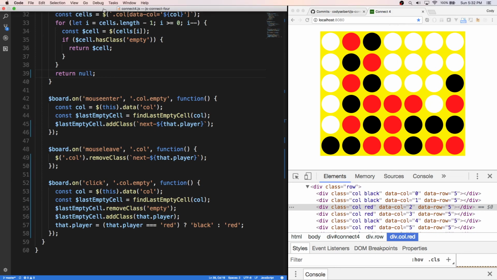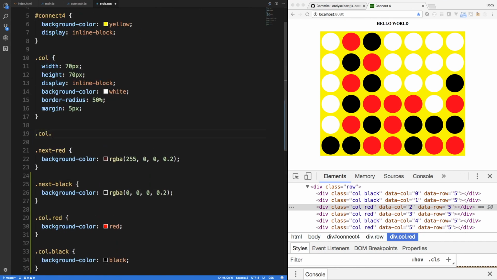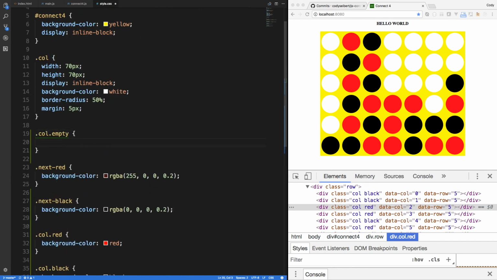So the first thing I'm going to do here is go back to column, I'll say column of empty, cursor is equal to pointer. So now when we hover over empty cells, it's going to be a pointer. And the second bug I'm trying to fix is that once you click, I want the indicator to show up automatically again for the next player. So to fix that bug,